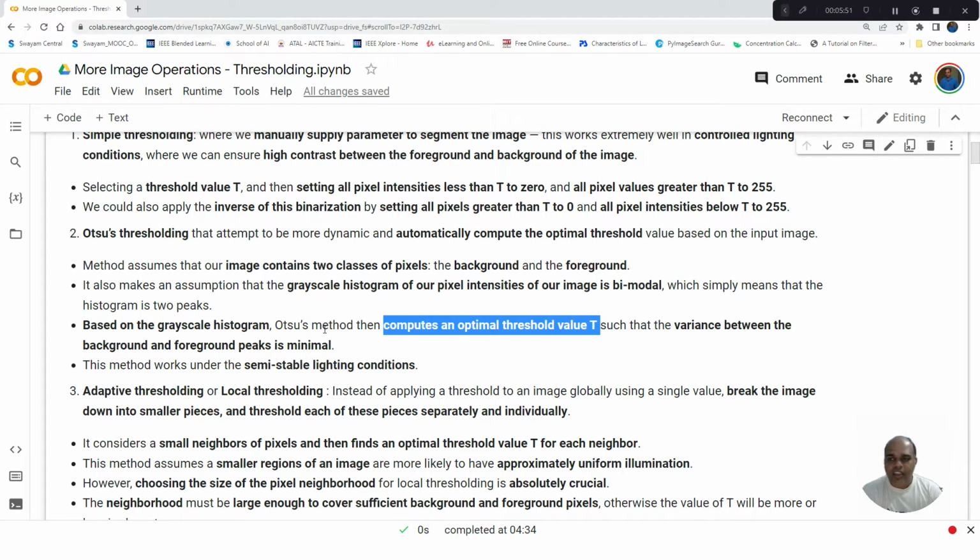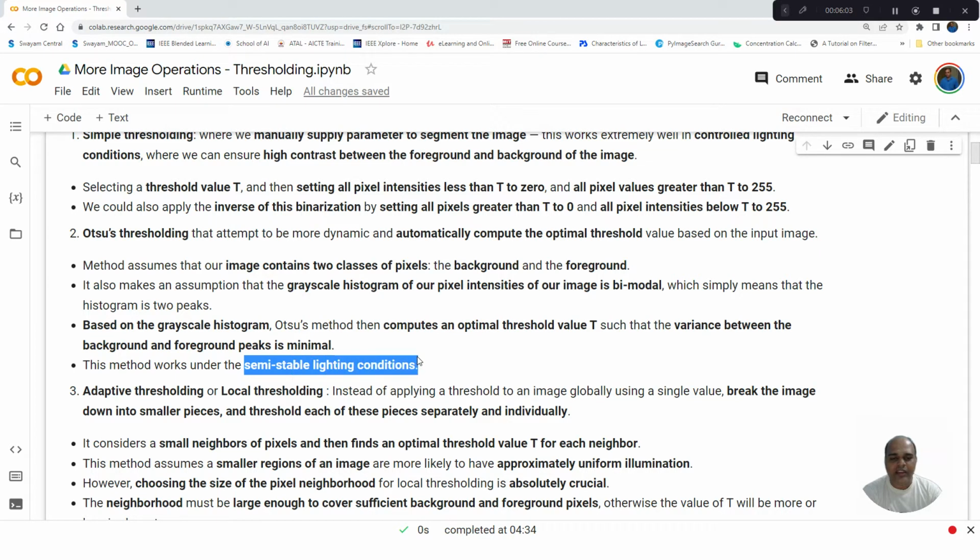So for each and every image, the algorithm can compute its own threshold value depending upon the image content. This method really works under semi-stable lighting conditions. If the image is captured under semi-stable lighting conditions, then the Otsu method is really useful. Both simple thresholding and Otsu thresholding are global thresholding methods, which means we set only one threshold value